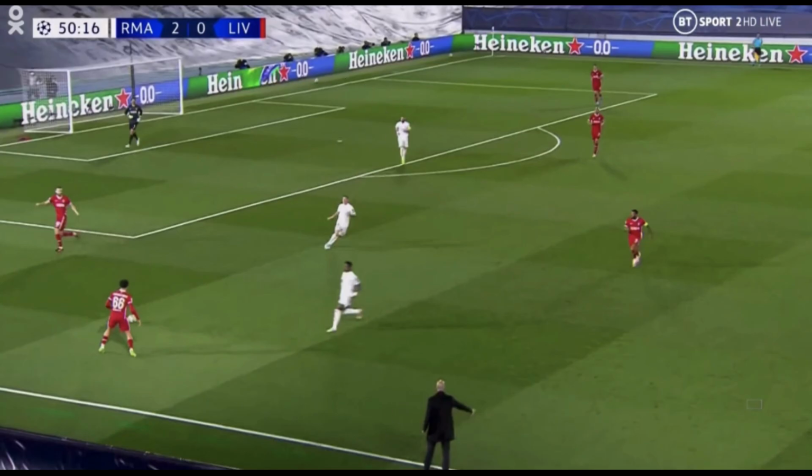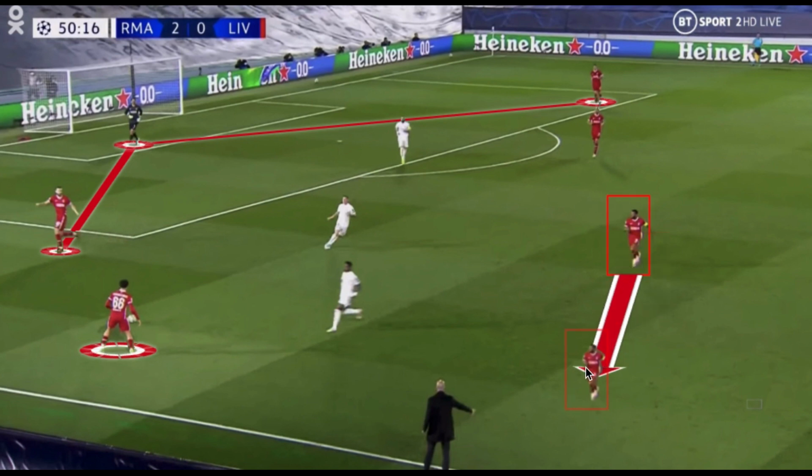Now for the Liverpool goal. Liverpool's goal came from their initial build-up, and it was a very vertical build-up with Alisson being the starting point, and when the ball goes wide, we can just take a look at Trent Alexander-Arnold's positioning, just a few yards off of the touchline, giving him a little bit of a diagonal passing option into a player like Wijnaldum, coming from the center corridor, moving into the wide area to take advantage of the space that can't be covered by